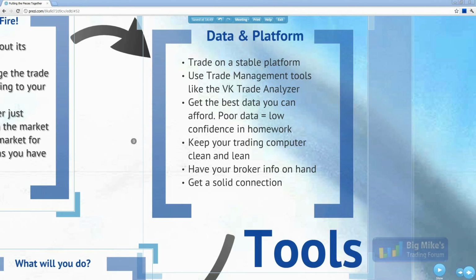We've started with the VK Trader and the OEC platform to build the VK Trade Analyzer off of it. Now that's a risk management, trade management tool that I'll go into in a bit. But whether it's any platform that you're really looking for, we think it's very important that you find what you